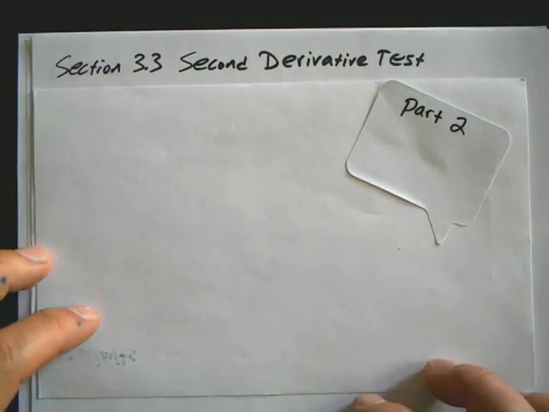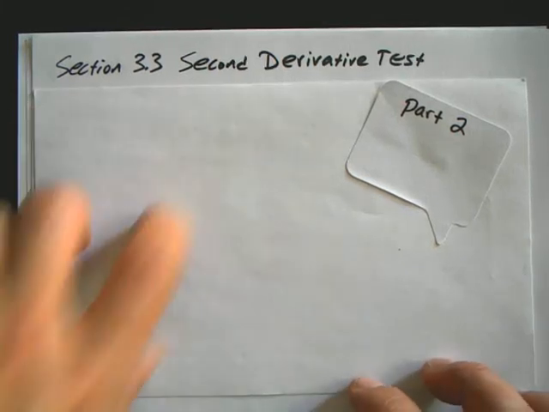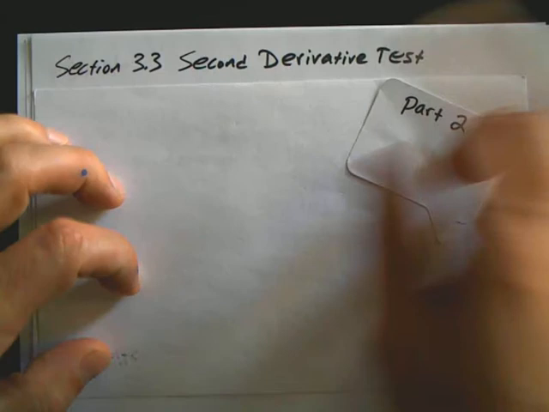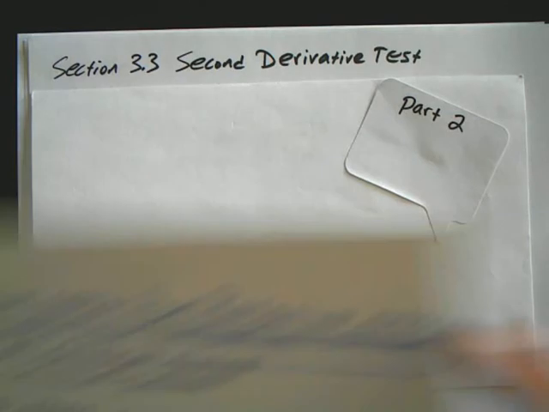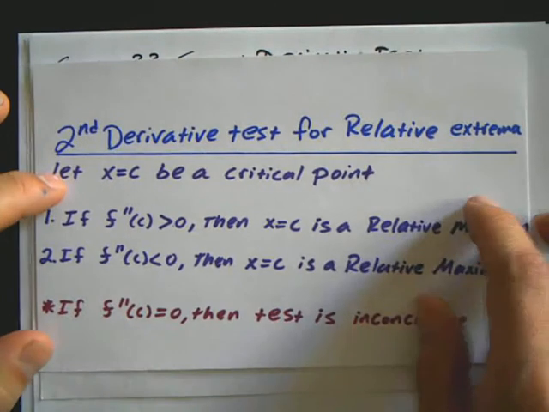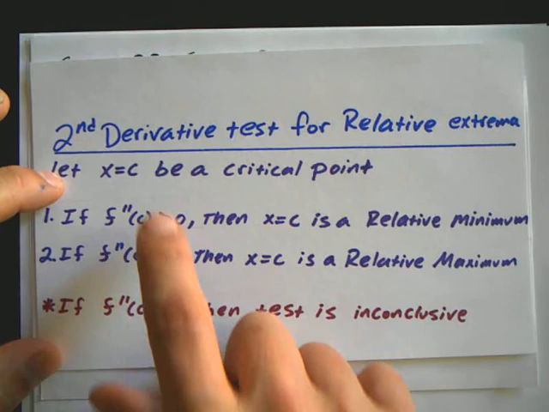This is part 2 of second derivative analysis. This is dealing with the second derivative test. So this is a test that's used to find relative extrema. And the second derivative test basically says that if you have a critical point, if the graph is